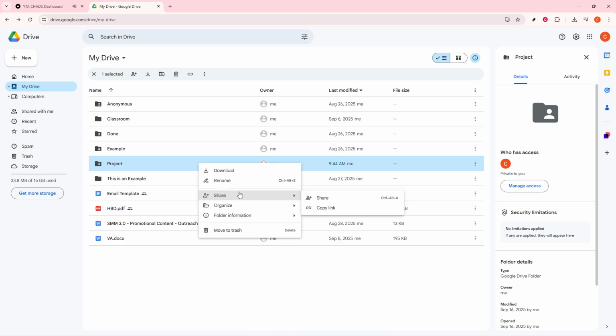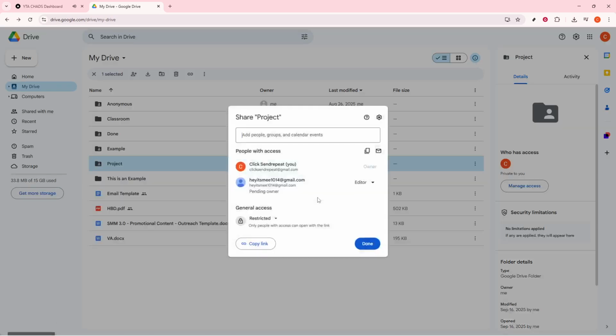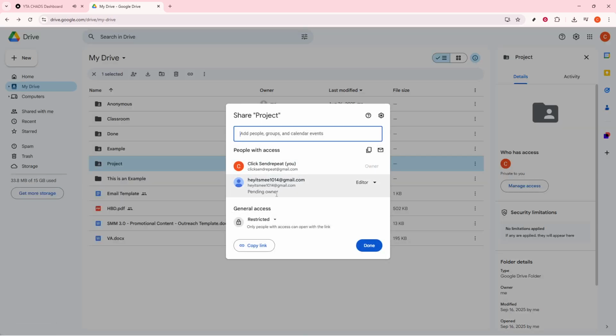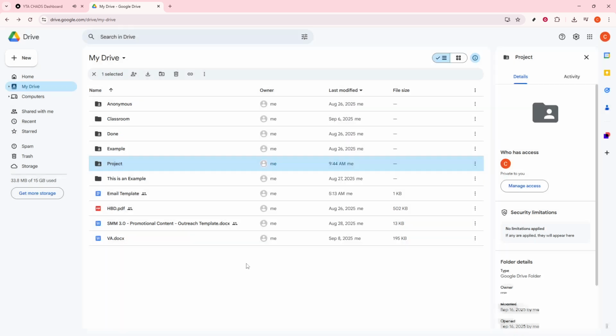It's reassuring to know that the new owner will immediately receive an email notification letting them know that the ownership has been transferred. This ensures they're promptly aware of their new role and responsibilities regarding the folder. And there you have it. By following these straightforward steps, you've successfully transferred ownership of a folder in Google Drive, granting someone else the capacity to manage and update the contents as needed. As always, remember to be cautious when transferring